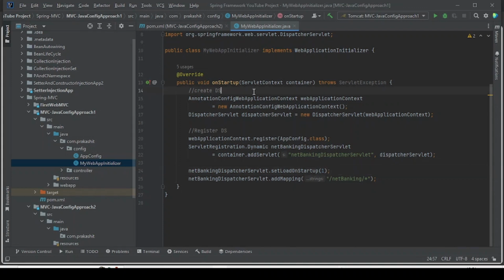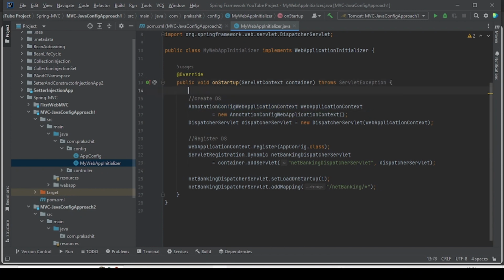Here we have used the Java config approach, right? But what if we are using the web.xml and the XML approach, but we are going to create our dispatcher servlet manually? Okay, so if you have an XML file like beans.xml, then how can we deal with that? Here, what we are doing is creating an AnnotationConfigWebApplicationContext. So similarly, what we can create